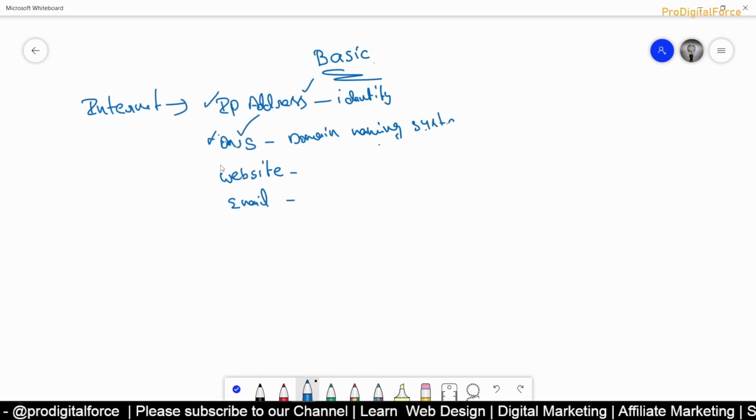So what will we be working on? Of course, social media also will work, but social media is managed by someone else. That means Facebook is managed by them, so we need not bother about how they are maintaining it. Every day millions of photos are getting uploaded. How they are uploaded and where they are maintained is all taken care of by Facebook. Same way, YouTube is managed by Google, so Google will take care of all that when you upload or watch a video.